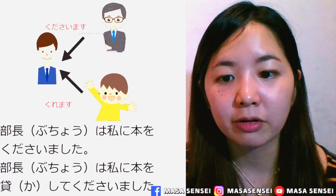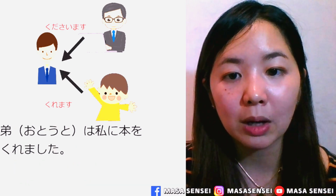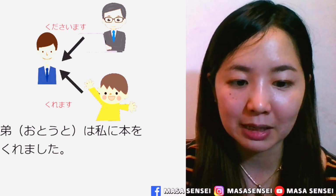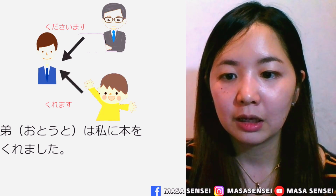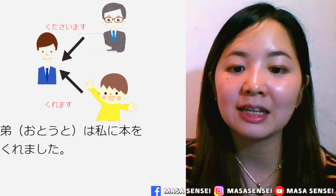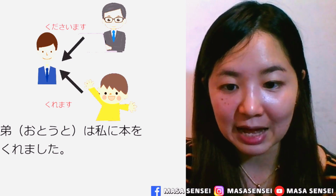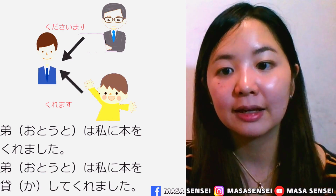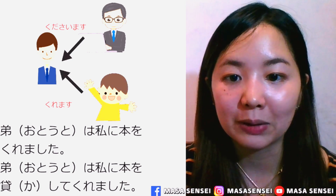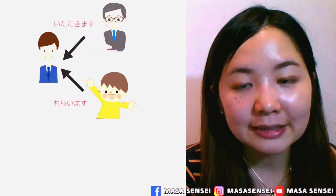Then the opposite will be くれます. If I say my younger brother gave me a book, it will be 弟は私に本をくれました。If it's my younger brother did a favor for me by lending me a book, we use てくれました。弟は私に本を貸してくれました。